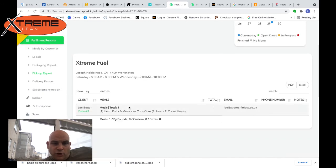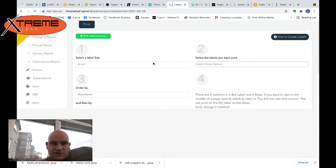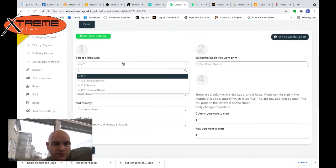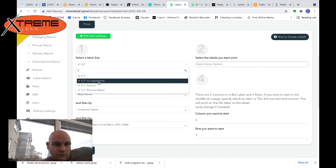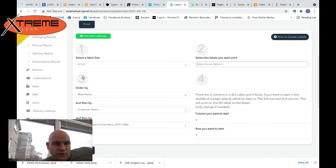And then that's the other order. So rather than treating it as one order, it treats it as just a day. So all we know is how many meals are getting made on that day. When we go to labels, it asks us what size we want the labels, and do we want the ingredients on, do we want it vertical. So click that,